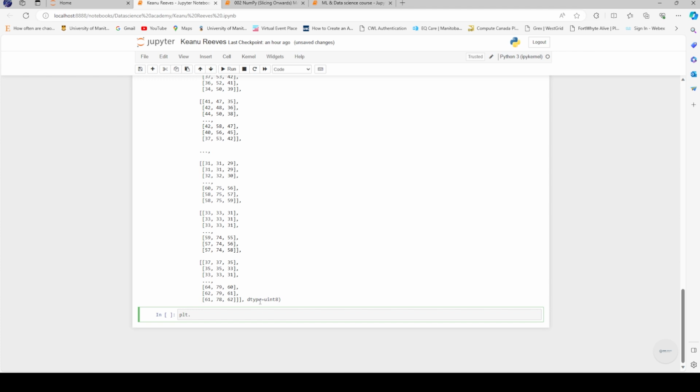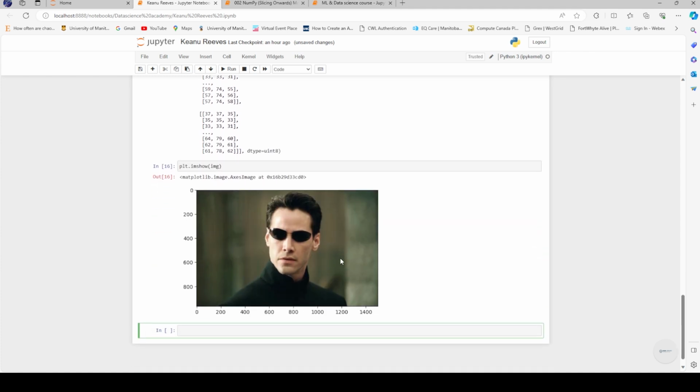So plt.imshow, now you just need to use img and then shift enter. Now you can see a very beautiful, inspiring Keanu's original image, right? So basically now it's in proper order. So red, green, blue. The channels are properly arranged: red, green, and blue, not blue, green, red as done by